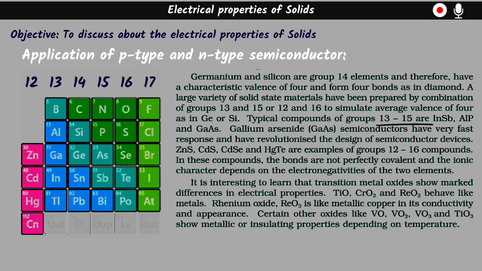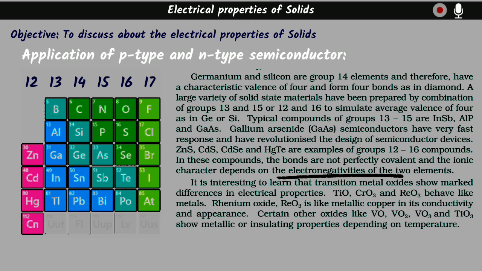So if you notice these examples of compounds carefully, then we notice that there are some different elements present, okay, like zinc sulfide. In the case of zinc sulfide, let's suppose the electronegativity of zinc and the electronegativity of sulfur are different. So that means the bond between zinc and sulfur, and also for the other compounds, have some different electronegativities, okay. So that means the bond will not be purely covalent, so some ionic character will be there, okay.